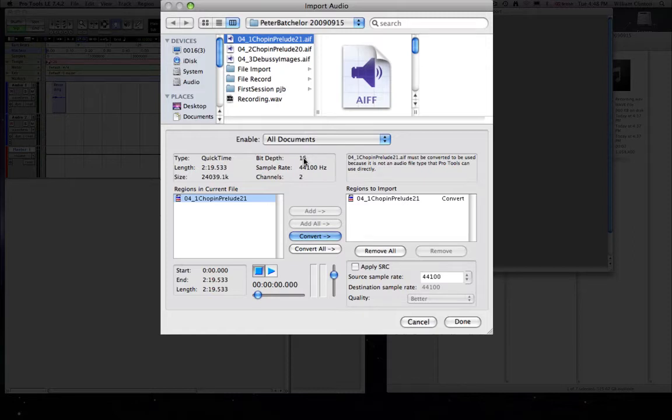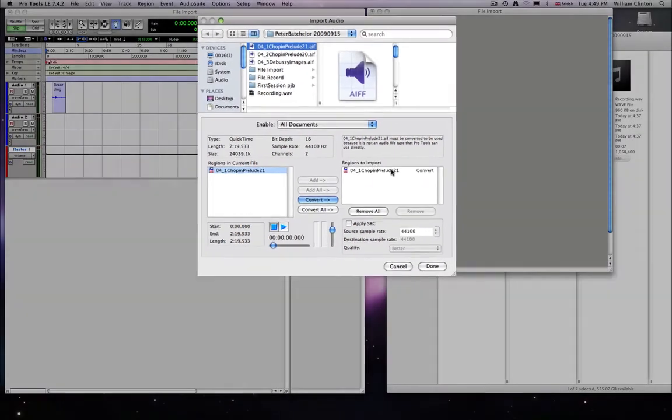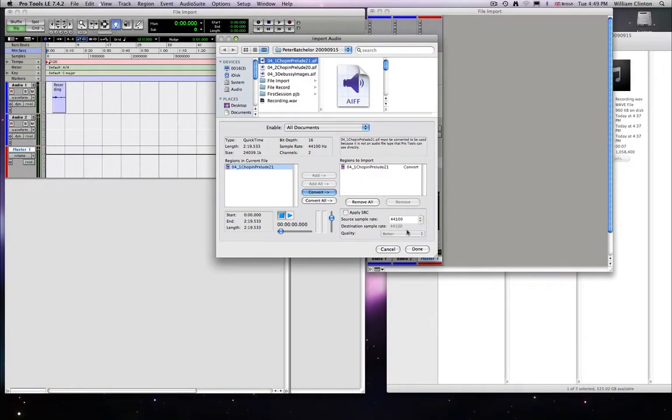So that's the first thing that it might be. The other thing is that if it's a stereo file, which this is, this frankly is, I think, long overdue for change in Pro Tools, but it needs to split a stereo file into two separate mono files, which seems somewhat clumsy to me, but that's just my opinion. So that's something that it will do, and in fact if I click on Done,